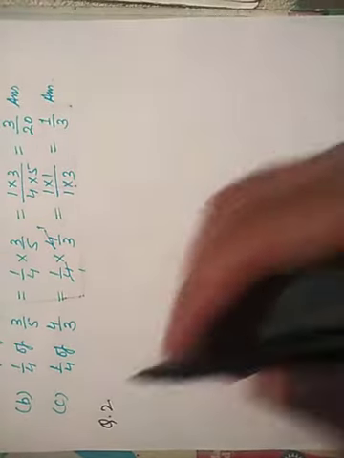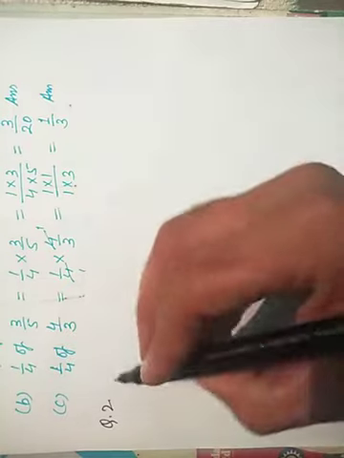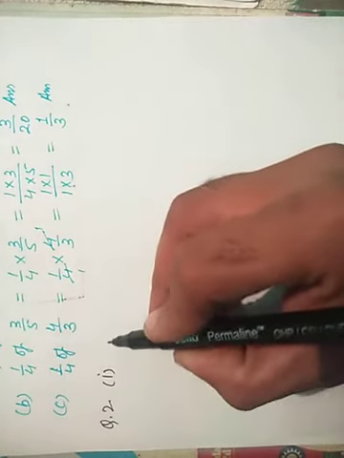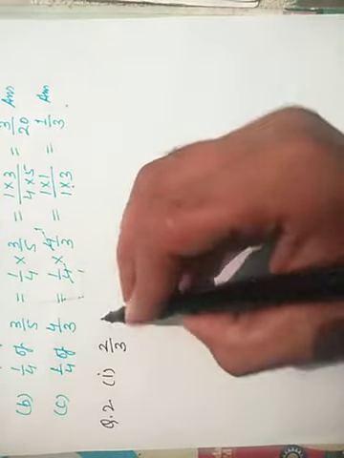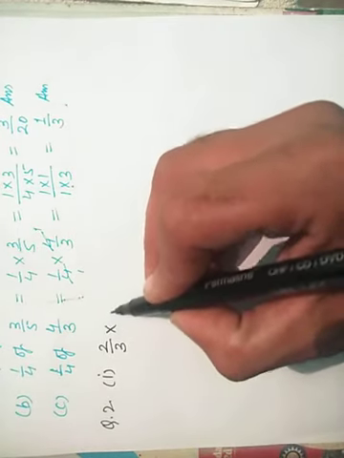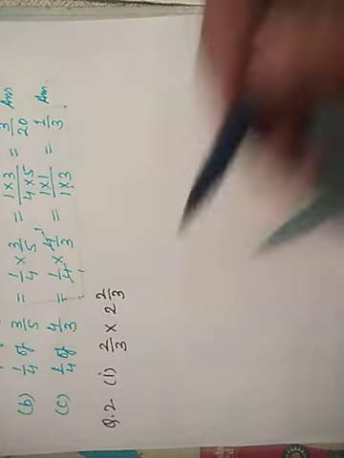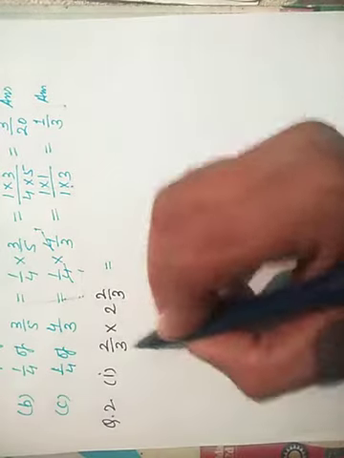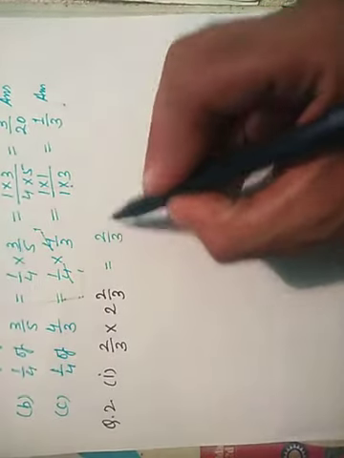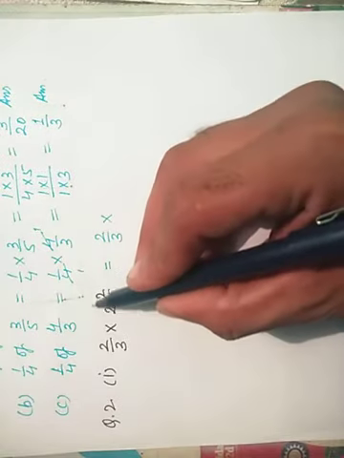The first part is given here: 2/3 multiply 2/3. So we can solve it as, first of all, this will be as it is, 2/3 multiply this mixed